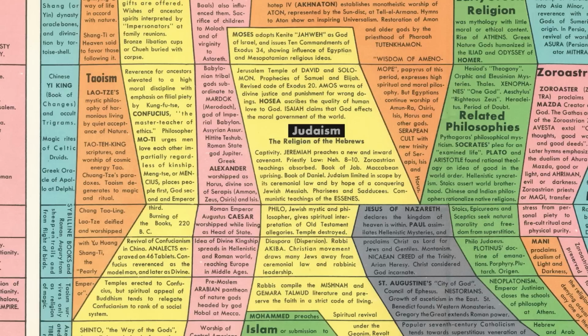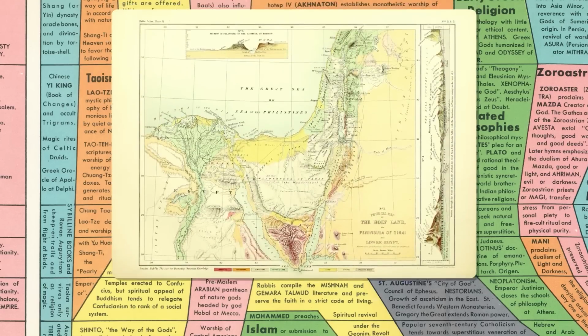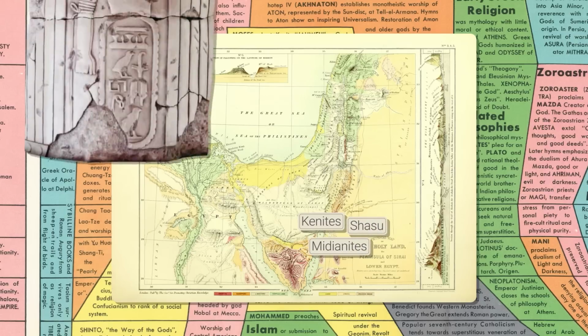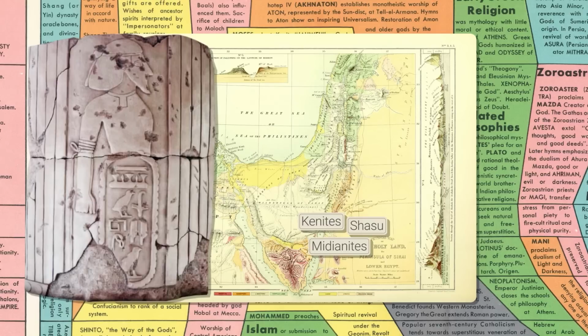Now, while Moses is understood these days to be more of a legendary character, the connection to the Kenites is actually still a real possibility. The Kenites lived approximately here and were perhaps somehow related to the Midianites and/or the Shasu, who also lived in this general area. This inscription, found in Egypt and dating to before the emergence of Israel, mentions the land